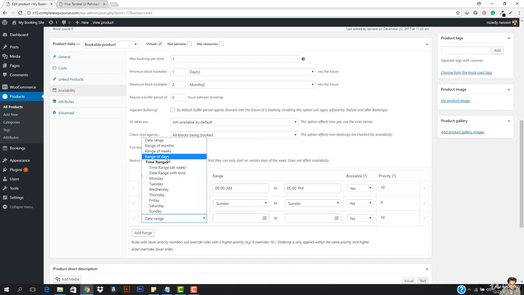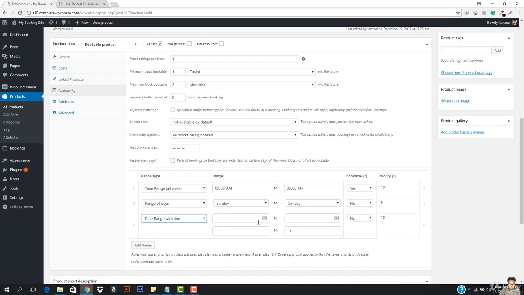Range of months, range of weeks, range of days, date range with time. So you can select any date range, however you like. How should I tell you? Okay, basically now I want to tell you, if I'm going on vacation, like you can see 22nd is today,